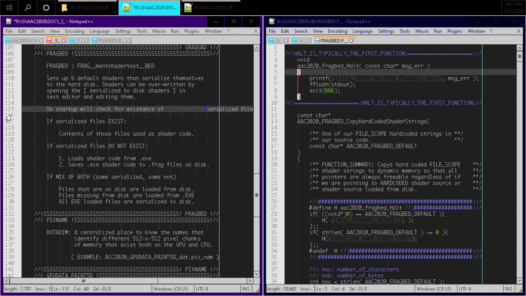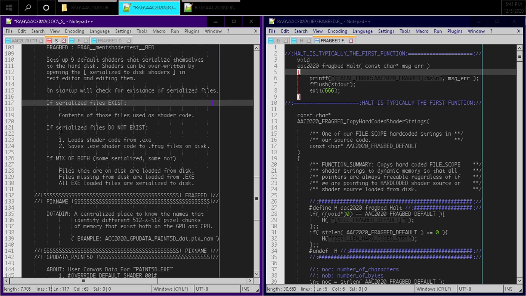And we don't need to indent that. We have enough room. Oh, we have just enough room. If serialized file exists, contents of those files used as shader code. If serialized files do not exist, loads the shader code from the executable, saves the executable shader code to .frag files on disk. If mix of both, some serialized, some not. Files that are on disk are loaded from disk. Files that are missing from disk are loaded from exe. All exe loaded files are serialized to disk. So,